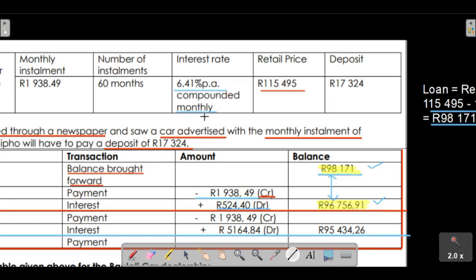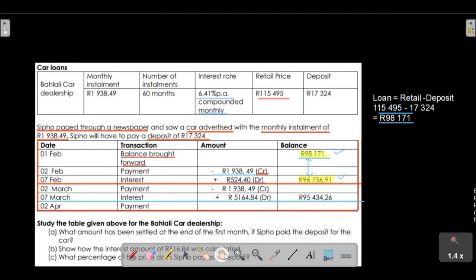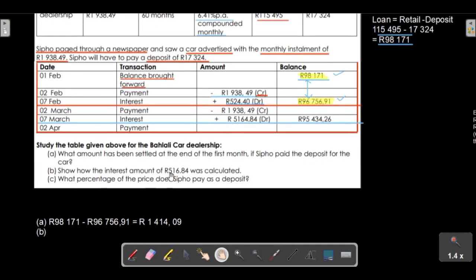What this means, guys, is that this amount of interest will be charged on the closing balance of the previous month. By that, we mean the interest of